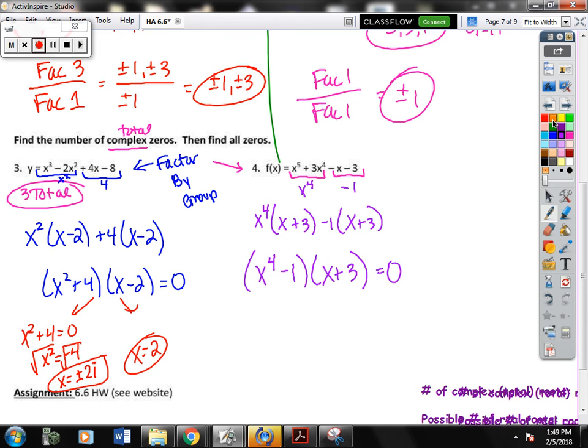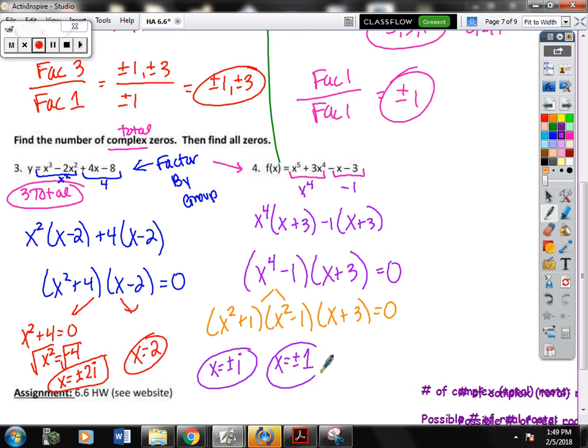Now, before you start taking fourth roots of things, you do actually want to factor this one down further so that you make sure you don't forget an answer whenever you're doing your roots. So this would be x squared plus 1 and x squared minus 1. And then you would just finish by finding all of your answers. Should get plus or minus 1i, plus or minus 1, and negative 3. And that does get me a total of 5